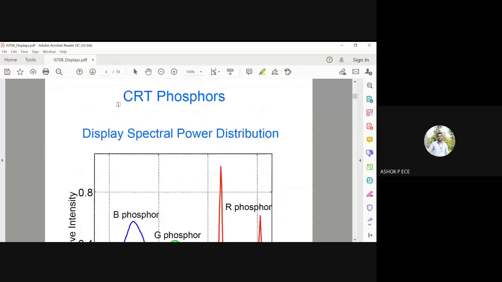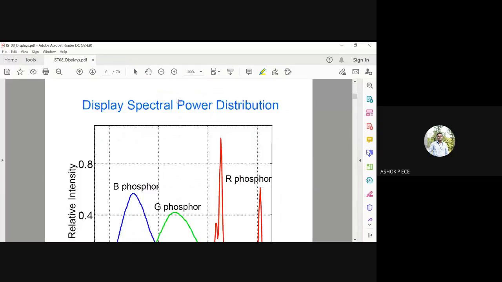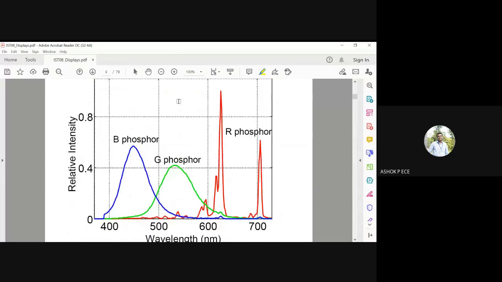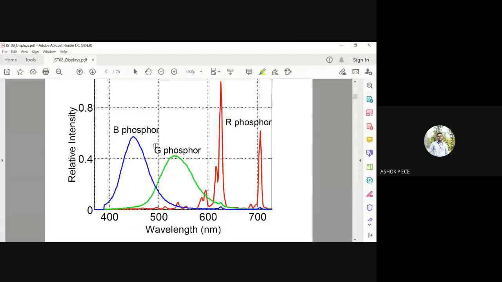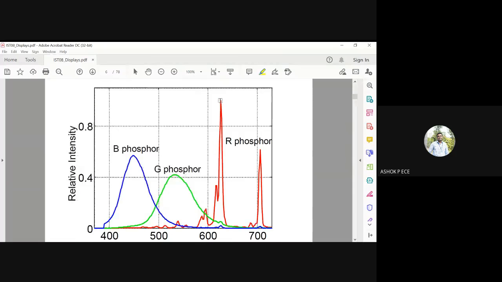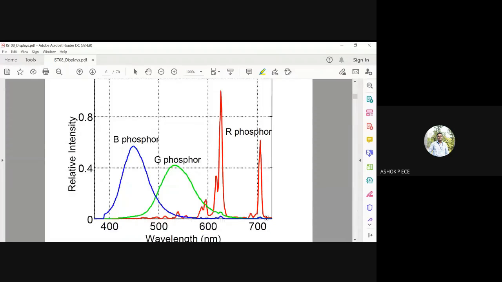And the CRT has a spectral distribution. Spectral distribution means what color will have what amount of intensity. So usually you see the blue phosphor has an intensity of close to 0.6 at 450 nanometers, and the green phosphor at 550 nanometers goes close to 0.4, and the red phosphor has a huge response at close to 0.9 at 650 nanometers and at 700.